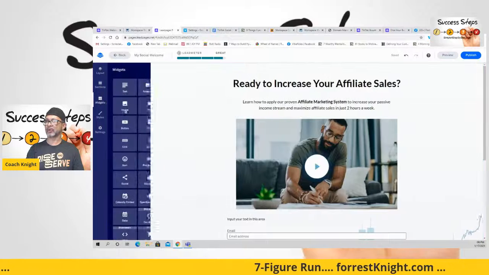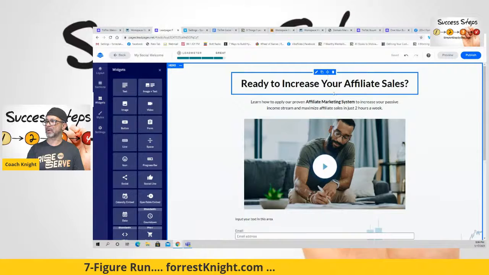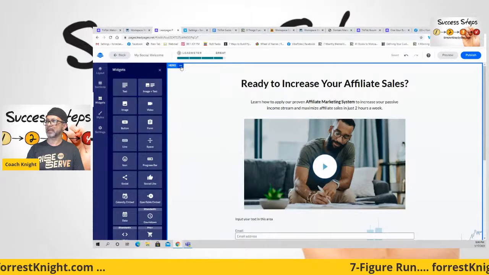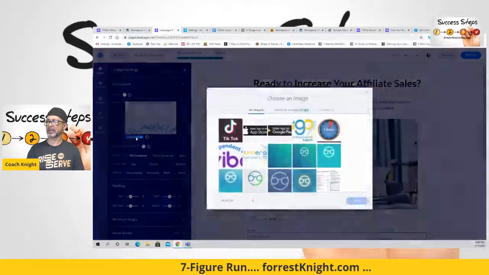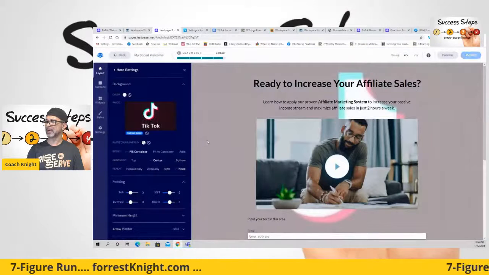Anything you need to do, all of your widgets that you have are over here. So if you want to add an image, all of this stuff is draggable. You've got copy buttons in here to copy and link. You want to put in a cool custom background, I can come up here for my custom background. I can hit edit settings. I can come up here and change the editing settings to my background. So maybe I put a TikTok image in the background.